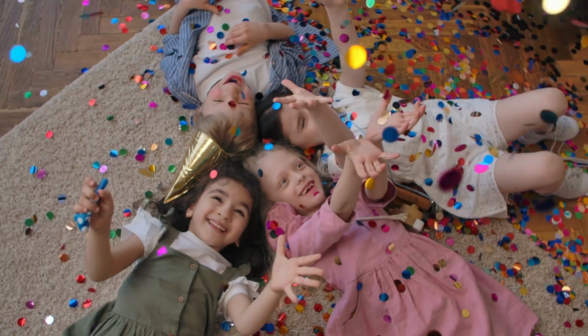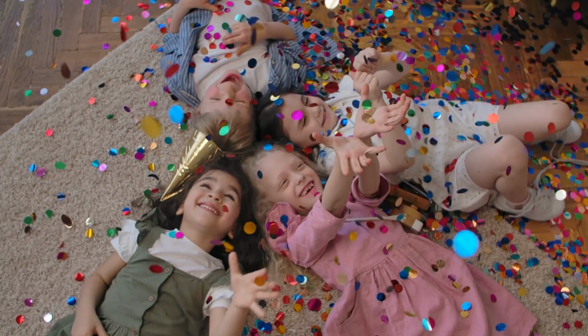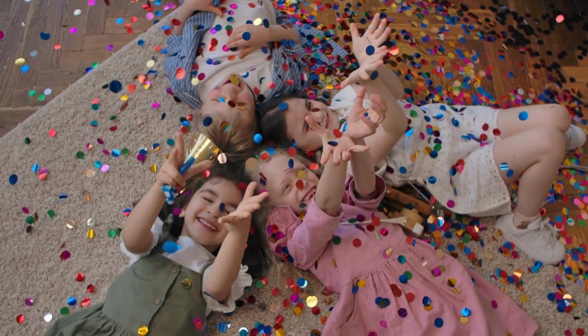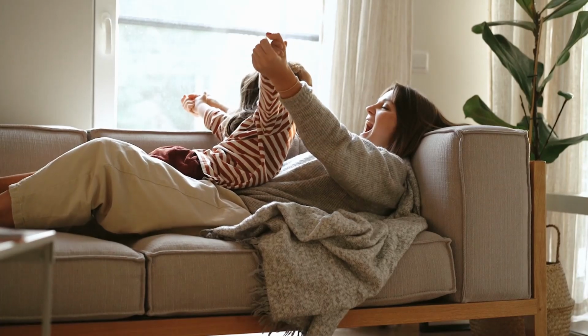Hello folks, today I will show you 5 beautiful ideas to handcraft children's room decor. A child's room is always associated with tenderness, comfort, and pastel colors. Every parent wants this room to be special for their child and, at the same time, a beautiful memory of